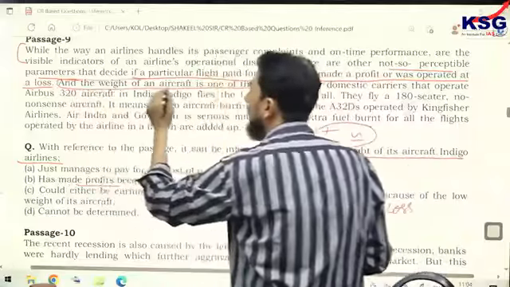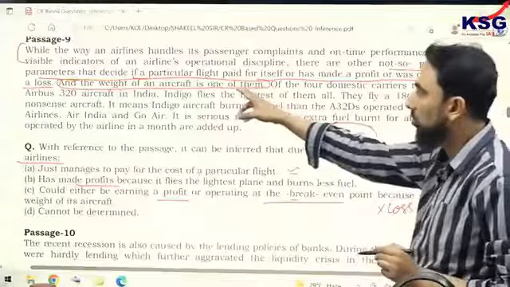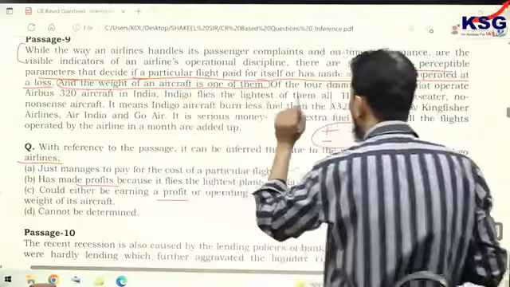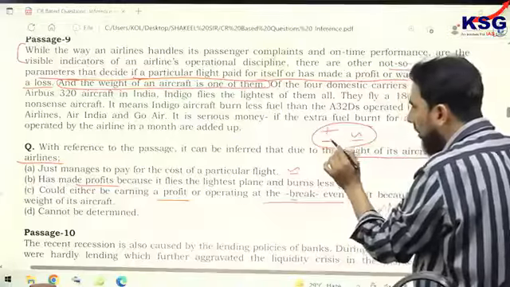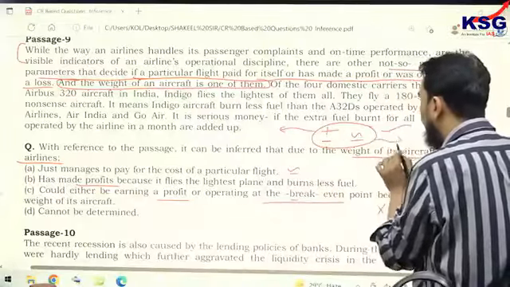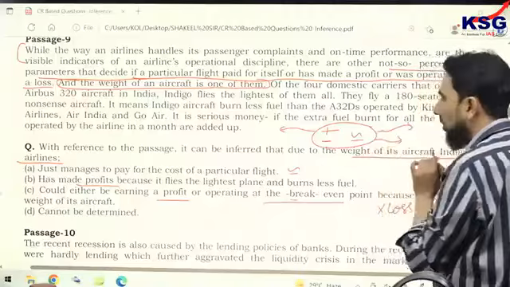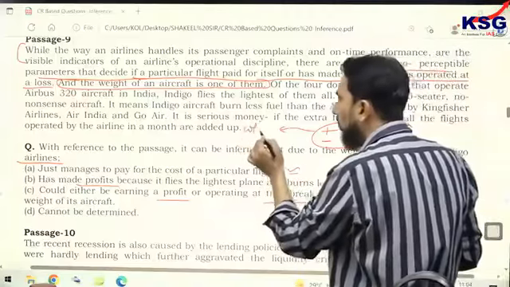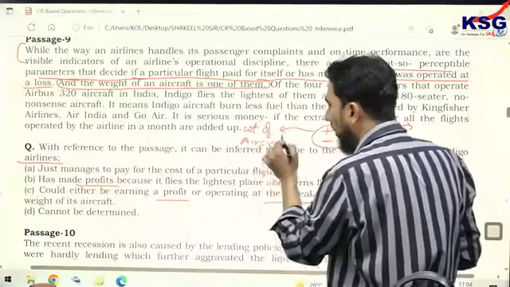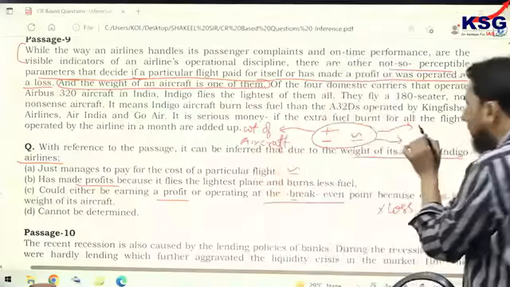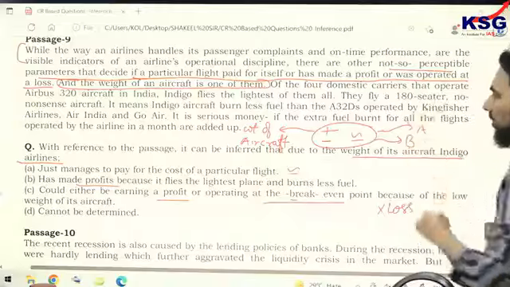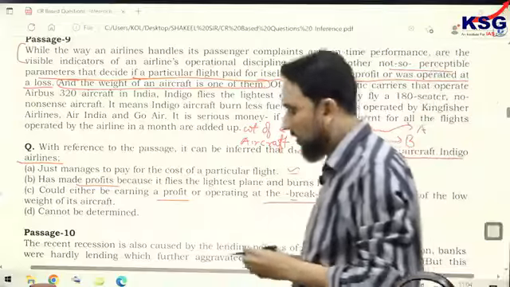So all such students who analyzed, who focused on this sentence must have got their answer correct. Weight of an aircraft is one of them. So this profit, loss and break-even is decided on the basis of different parameters, not just one parameter. The author has mentioned only weight of aircraft in this paragraph. That weight of aircraft also decides this. However, there are other factors also. Let me just give them a name, maybe A and B, other stuff. Now,